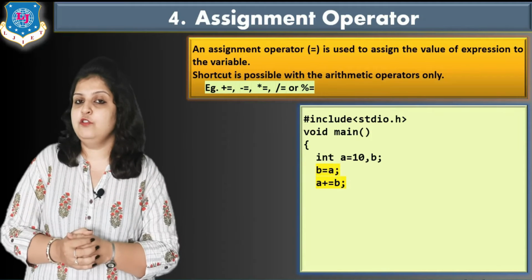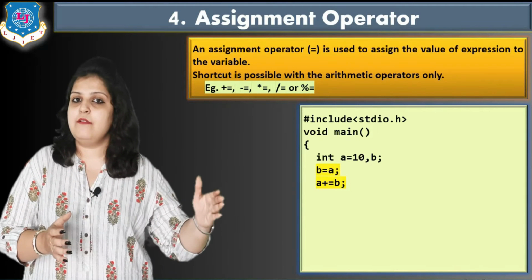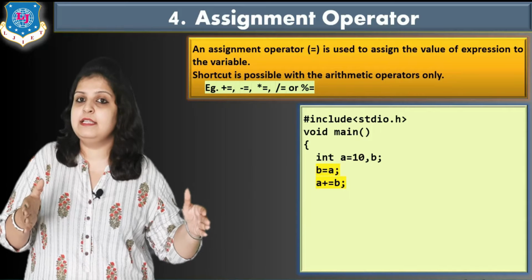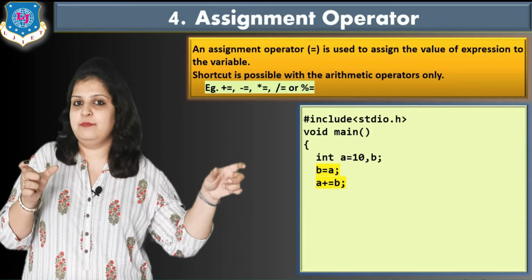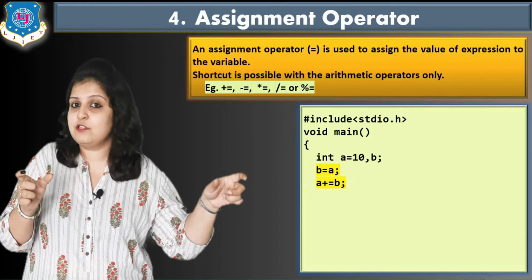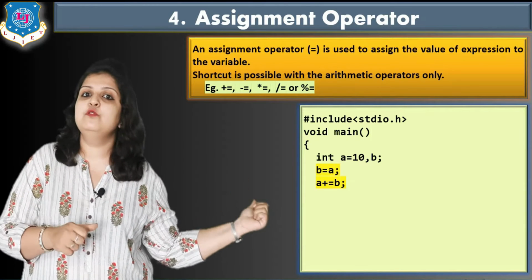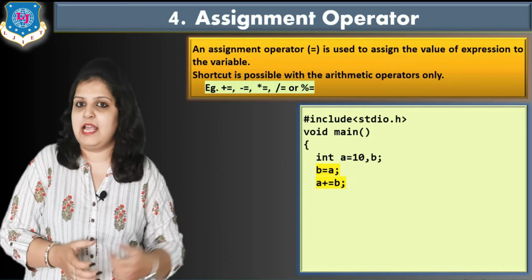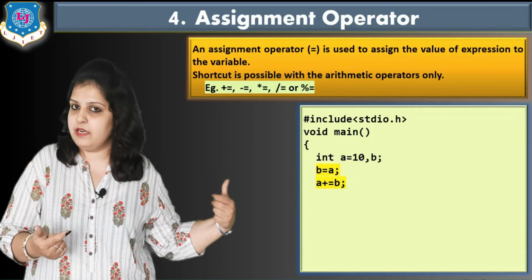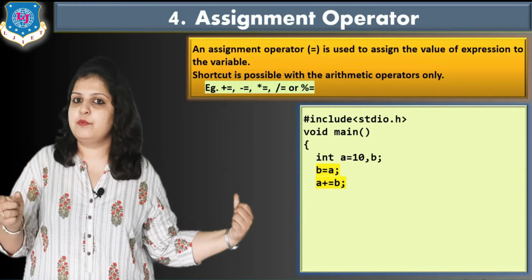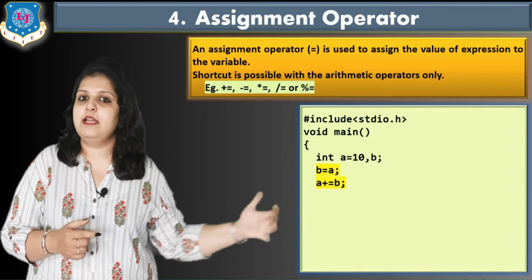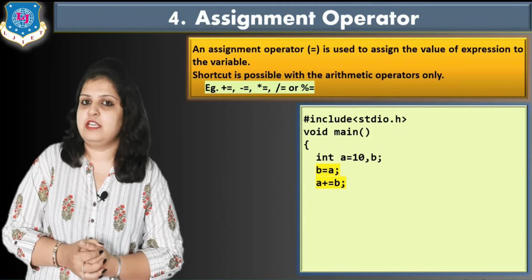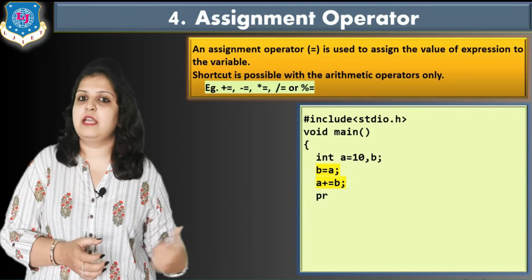And this operation you can use when the left and right side operand is the same. Like a is equal to a plus b. So here on both the left and right side the variable is a, that is common. That's why we can use this shorthand operation. Like a we have to write only one time, then the process is addition, so plus sign, then the assignment operator, and the last remaining expression is b. So in this way we can write it.